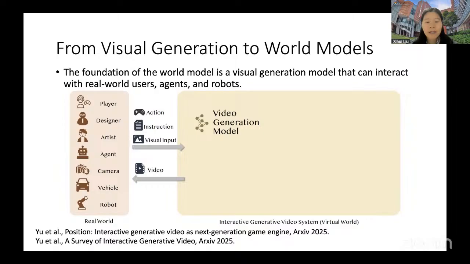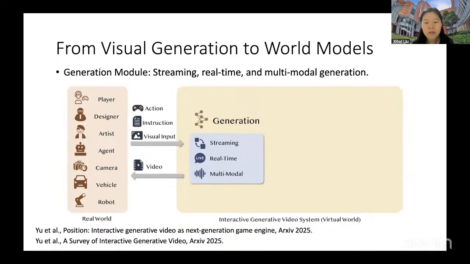So what capabilities are needed for this type of video world models? We think firstly, there are some basic capabilities of video generation models that are essential. We need the generation to be streaming because we need to intersect the user action controls into the generation process. So it has to be a streaming generation process.